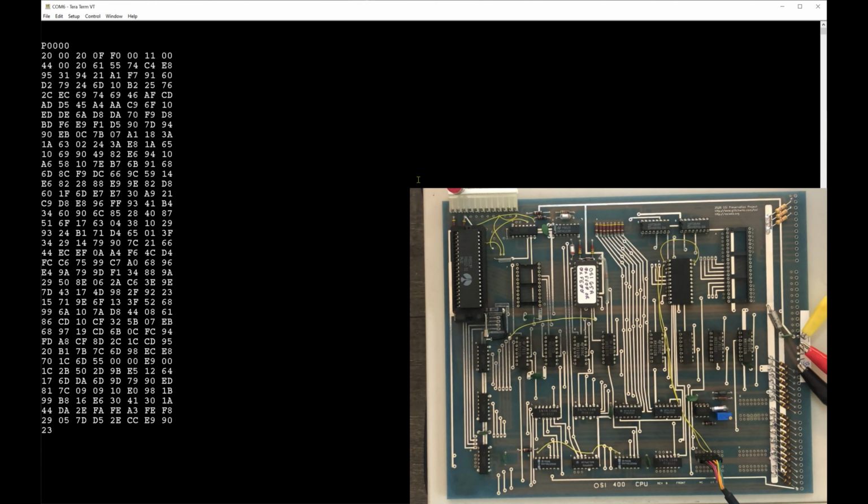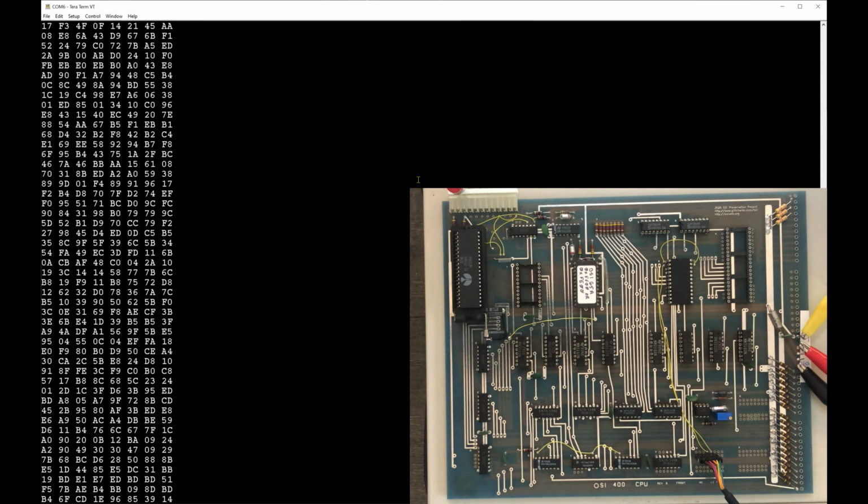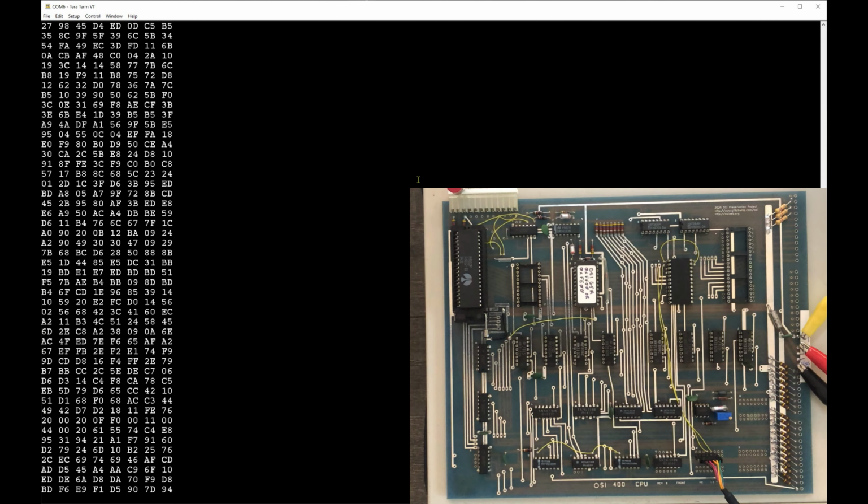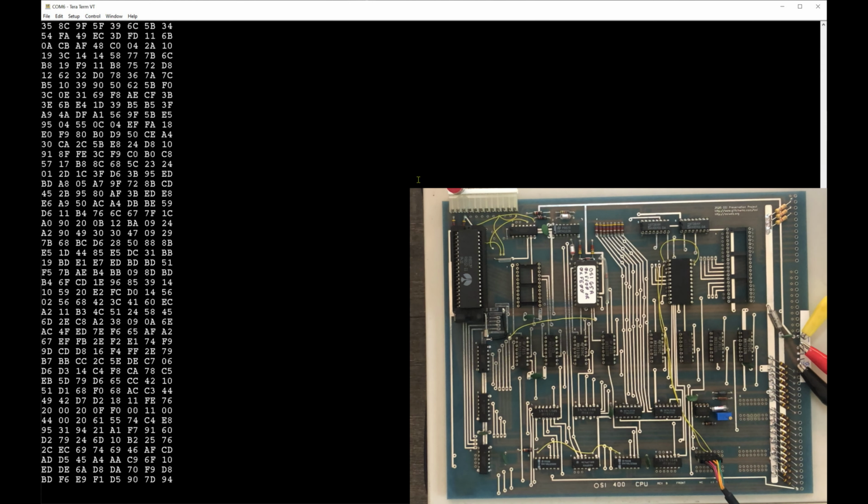P0000. We'll start dumping memory. And this will continue to dump memory until we hit another key to pause it. We can then hit M to get back to the monitor. We can load data via L. So we'll load